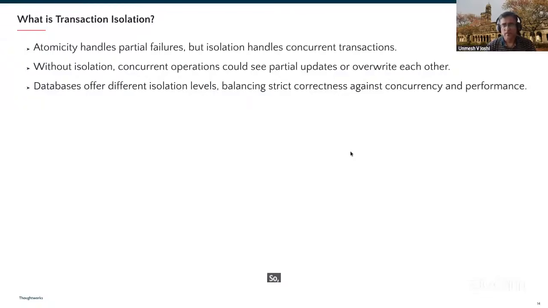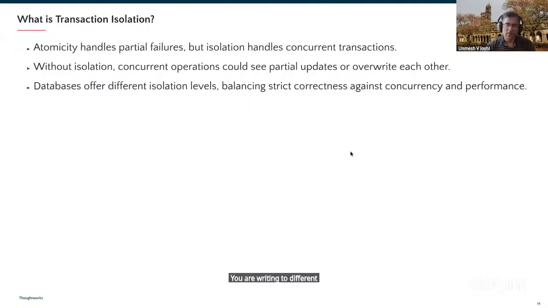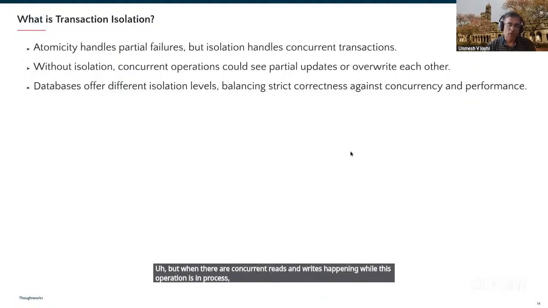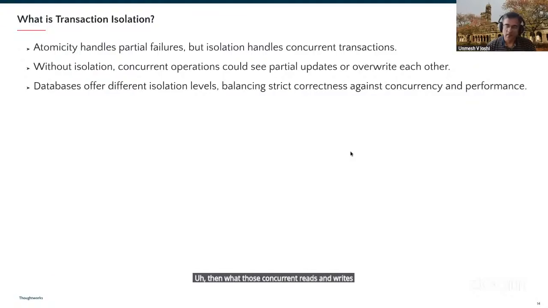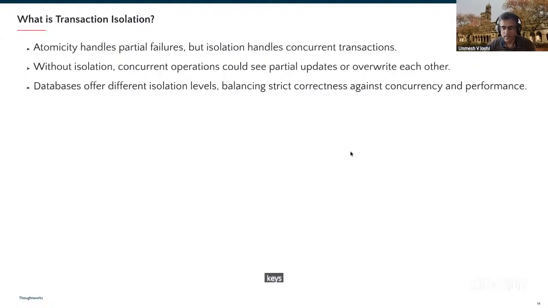So this isolation is essentially, even if there are no failures, let's say, and you are writing to different partitions, what atomicity handles is what happens if something fails, then the whole operation fails. But when there are concurrent reads and writes happening while this operation is in process, then what those concurrent reads and writes see, essentially, if they are also reading and writing to the same keys that we are writing to in this transaction, it essentially defines what kind of